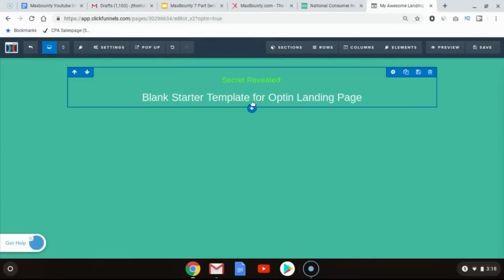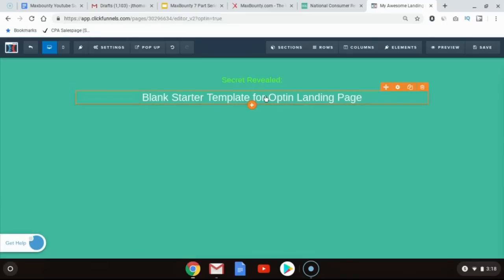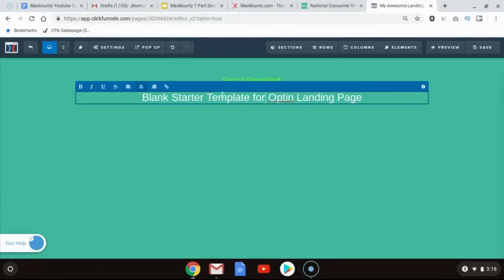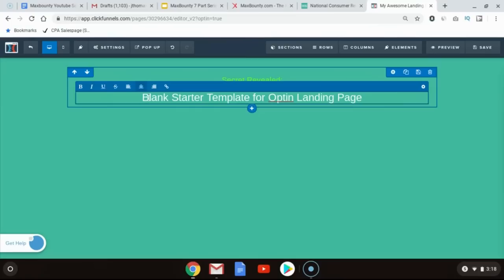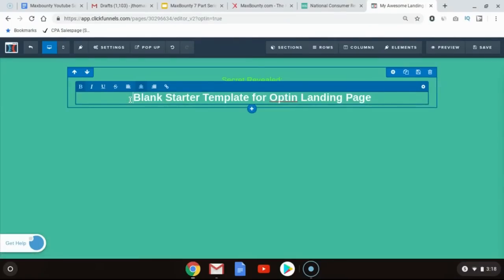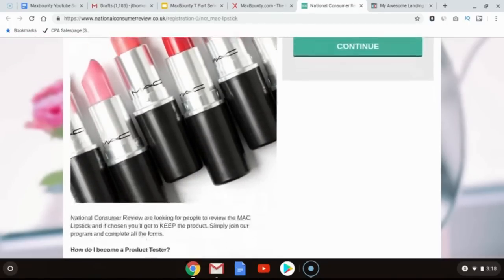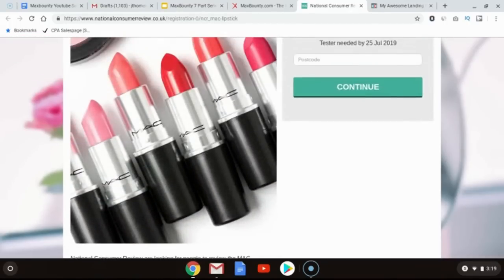Boom. I also want to make this bold. I think theirs is. Yep. Let's make this bold. Control A, hit bold. Now, what I want to say, like I said, is becoming a product tester to get this MAC lipstick. So I could say something like,